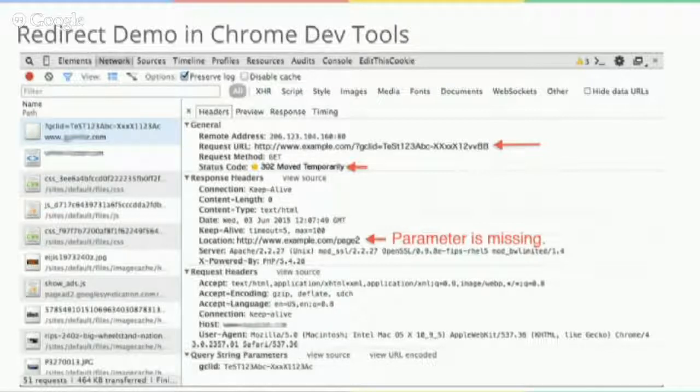So in the example that we've got here, let's assume that our AdWords destination URL is example.com. And to test this, so let's say we wanted to test and make sure auto tagging is working correctly. We would put example.com into our browser address bar. Before we load the page, though, we would open Chrome Developer Tools, go to the Network tab, and then we would go back to our URL again, and we would add a little bit more information to that URL. So we'd add a fake or a test auto tagging parameter. So we'd add the question mark, which signifies that we're adding a query parameter to our URL, and GCLID, or the Google Click ID, equals.